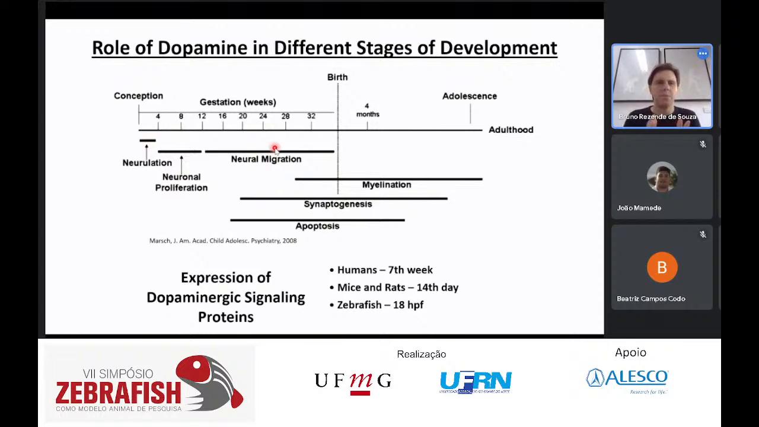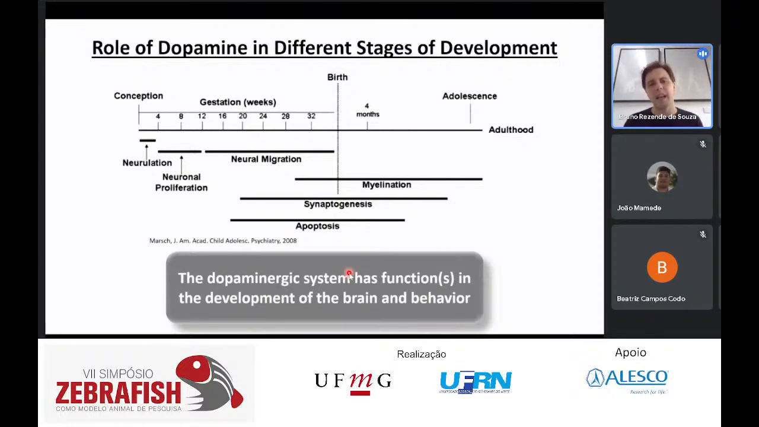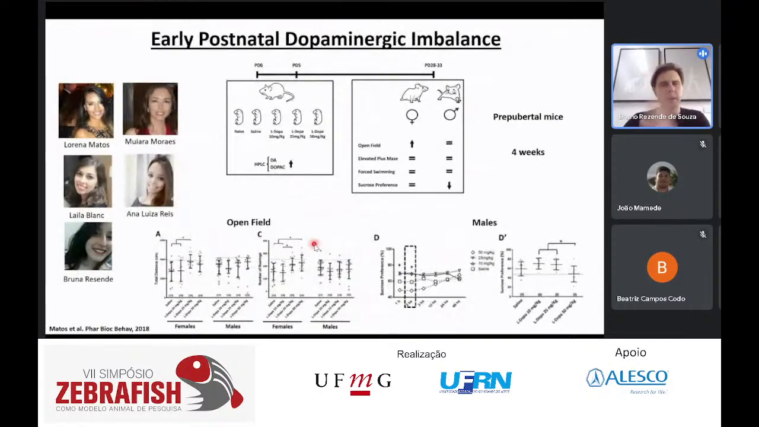So we thought, well, dopaminergic signaling proteins are expressed in humans, for example, from the 7th week. In mice and rats, on the 14th day of development in the embryo, and zebrafish 18 hours post-fertilization. So we thought, maybe dopaminergic signaling has different functions in different developmental windows of the brain. Because of that, and using this hypothesis, we started to perform a lot of studies. In some of the studies, we used